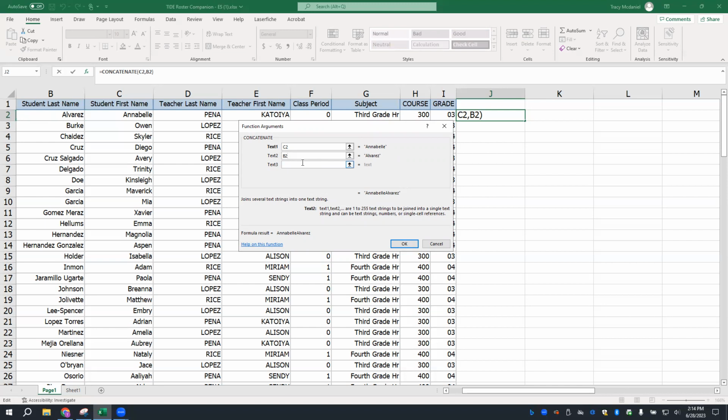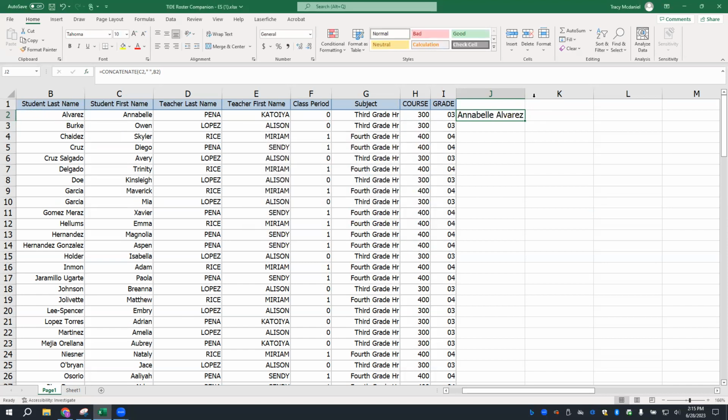So instead of putting B2 in text 2, I'm just going to simply hit the space bar and add that space in. Then I'm going to go to text 3 and grab Annabelle's last name, Alvarez. So now you can see it shows correctly down at the bottom, and I am going to say, okay,